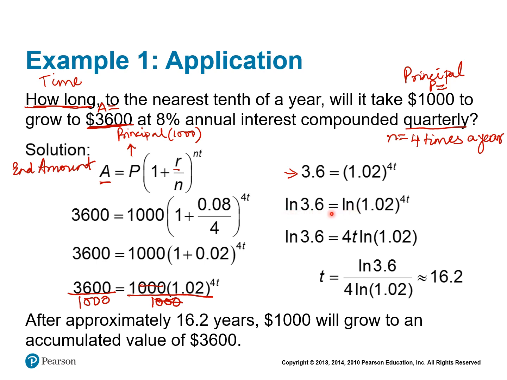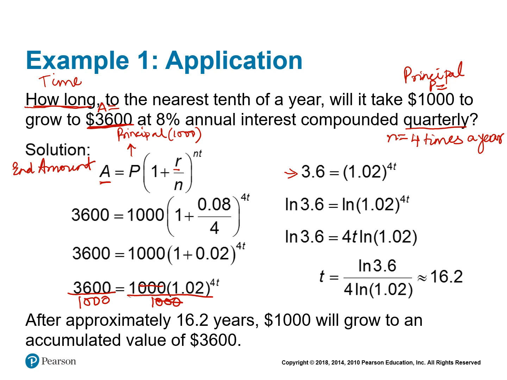We take the ln of both sides and we get ln 3.6 equals, now we are using the power rule to bring that 4t to the left hand side of ln. Again, the power rule of exponents. So that's why you see 4t to the left of ln. So 4t times ln of 1.02. Now that 4t is at the same level as ln 1.02, we are solving for